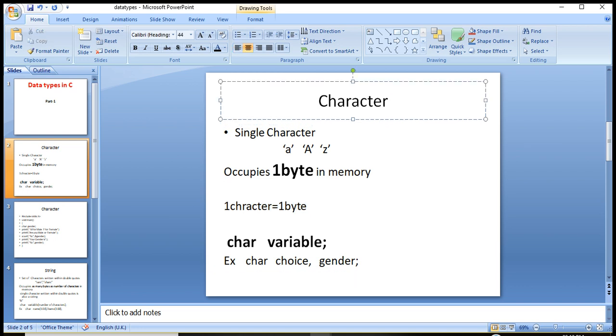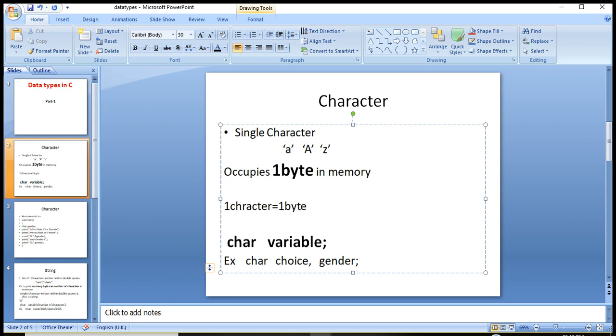Now I am going to show you on a slide how to write a program based on a single character. You are watching this slide.